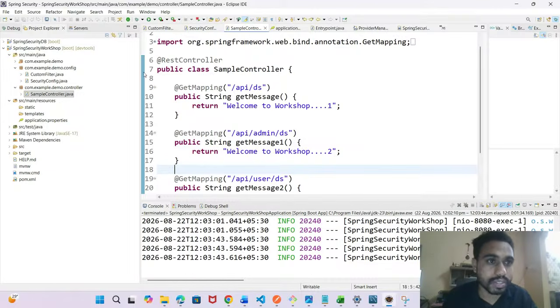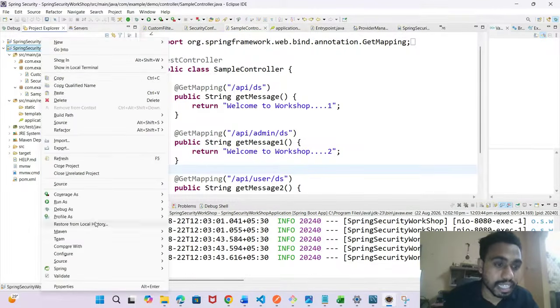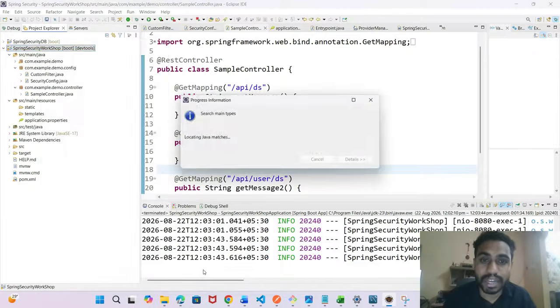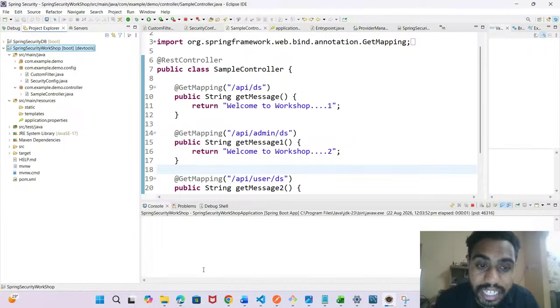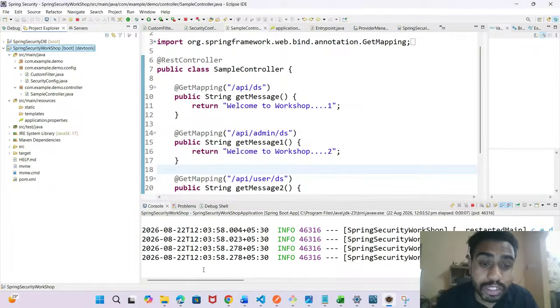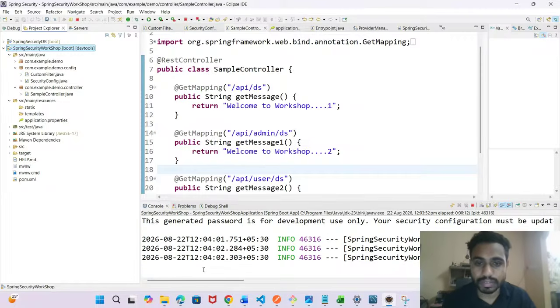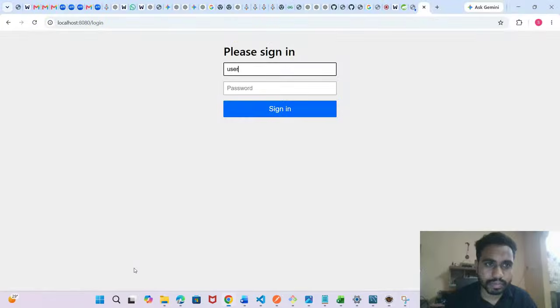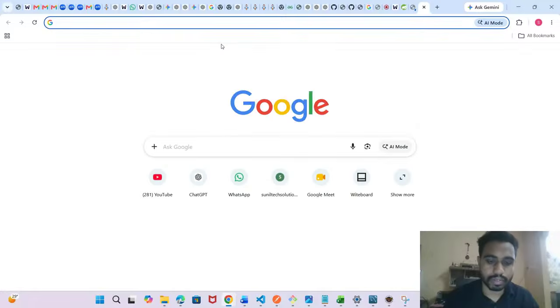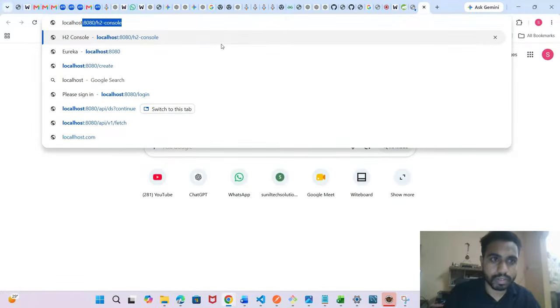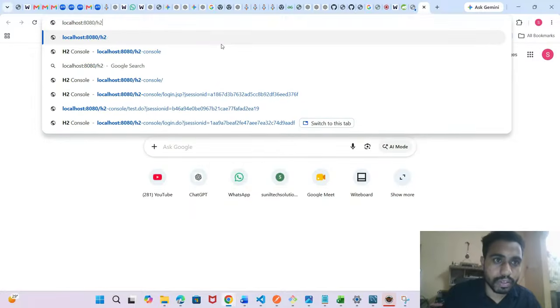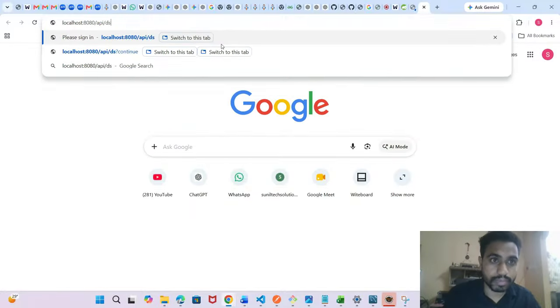See, right click, debug as Spring Boot app, because I want to show you the username authentication filter, I want to show you the provider manager, and I want to show you the provider.